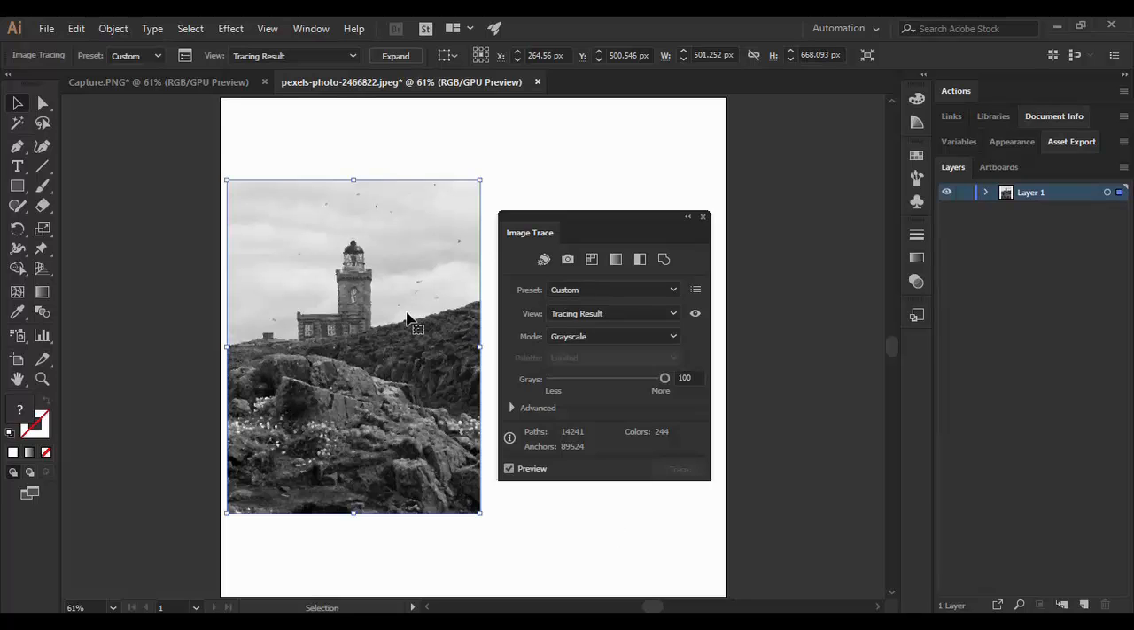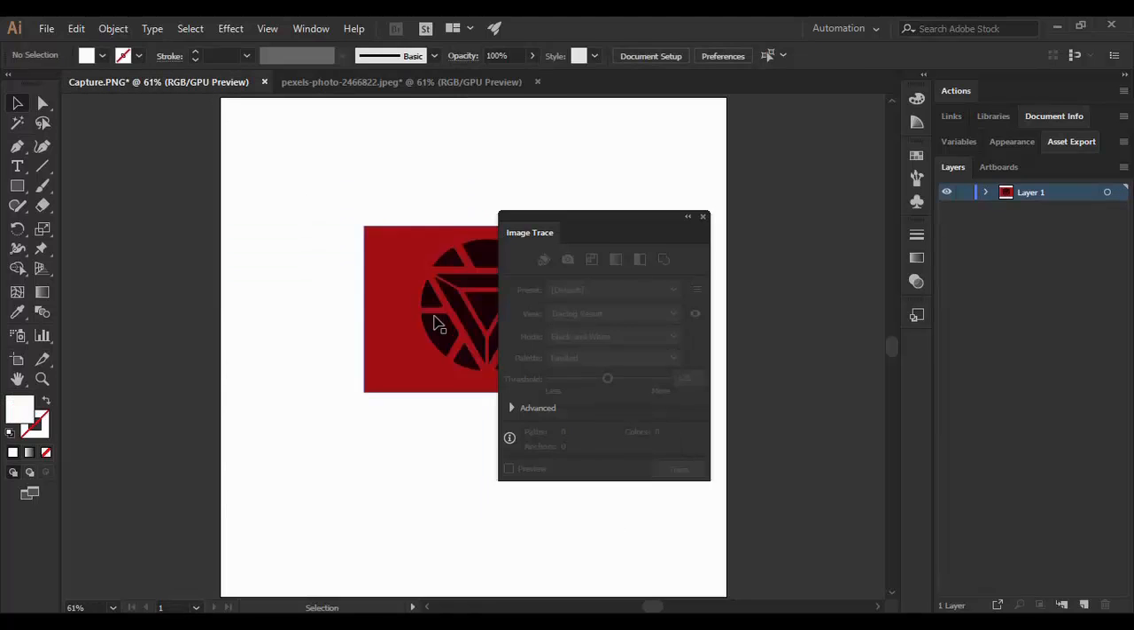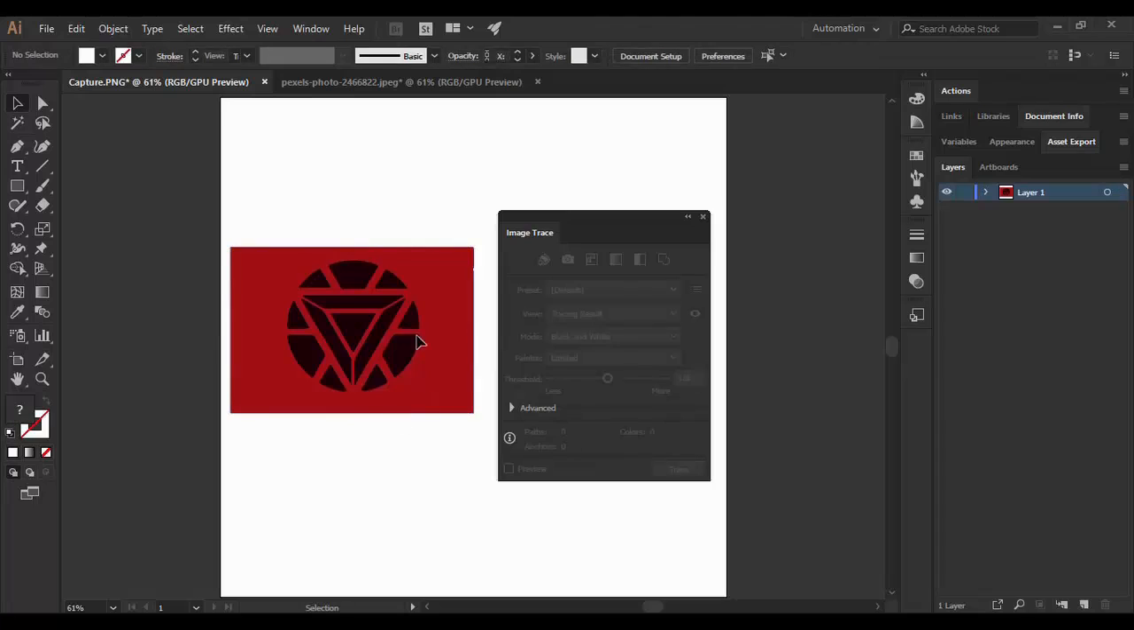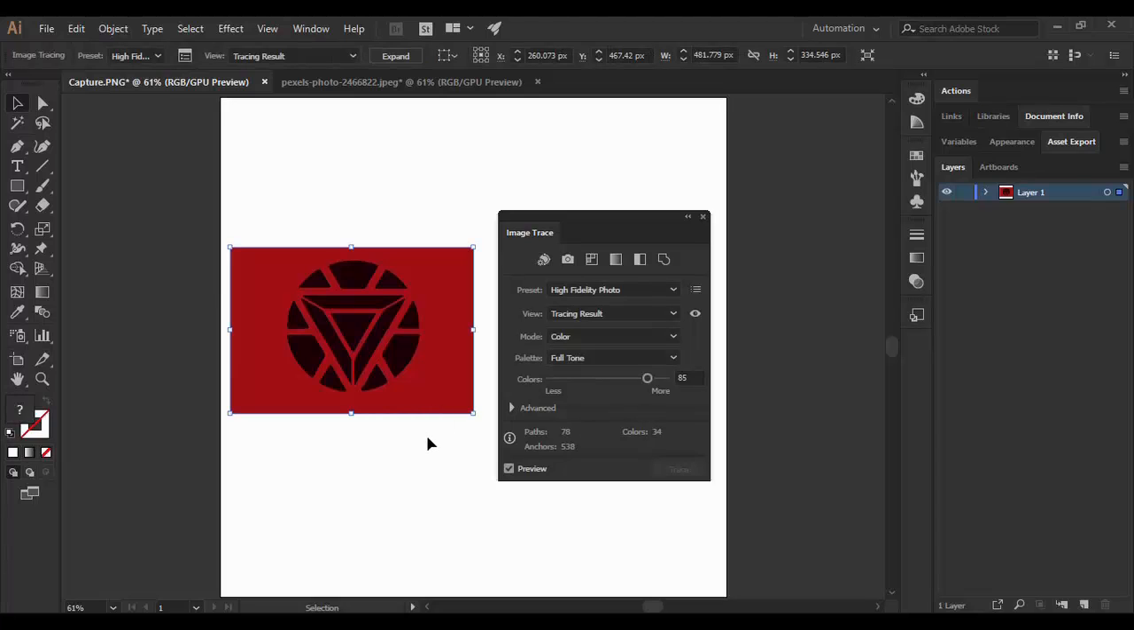Now this was a natural image. What if we get something like this in front of us? In this image you can see that these different shapes are available to us, and when we trace this image, our goal is that we would be able to edit these shapes individually. So for that we are going to apply the same image trace to it, but we are going to make some changes. First we change its view to tracing result with outlines,